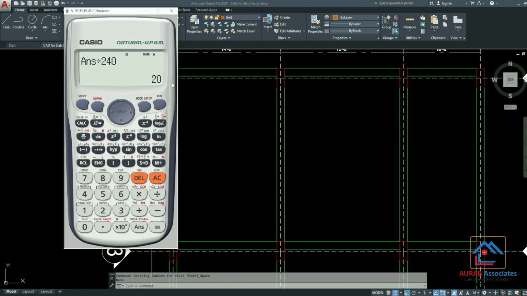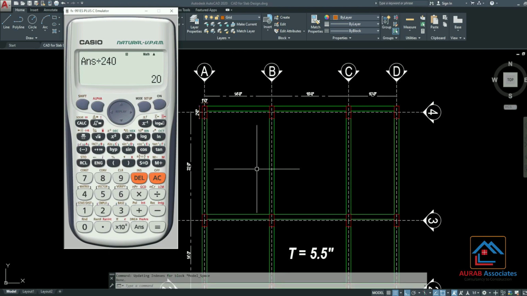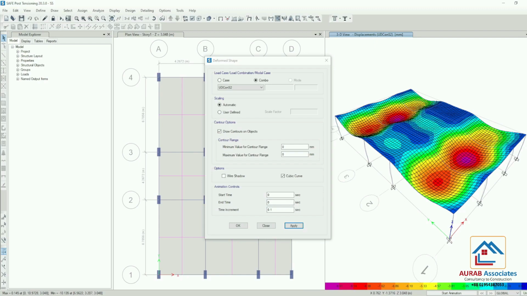Here our limit is 20 mm for this two-way slab, and we are getting only 10 to 11 mm. Now check for this 10 feet span. We are getting 10 multiplied by 300 divided by 240. Our limit is 12.5 mm, and we are getting calculated deflection 10 mm.